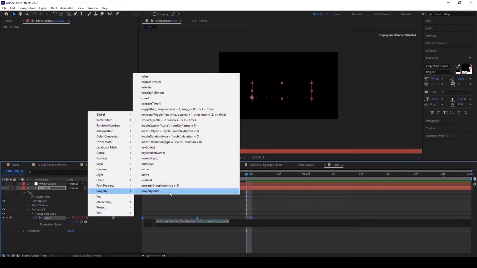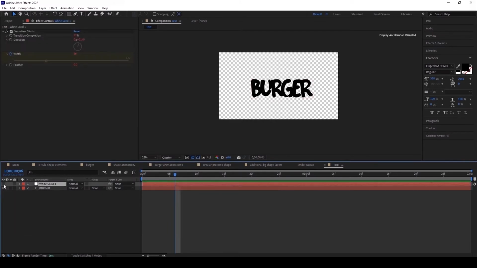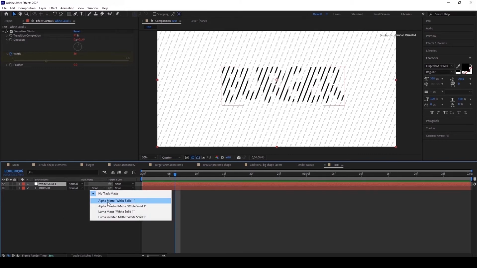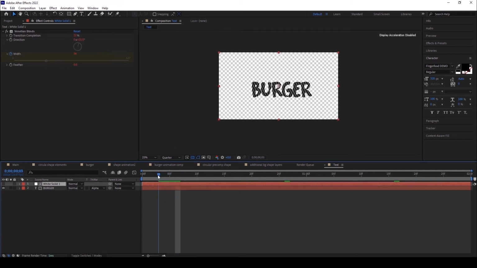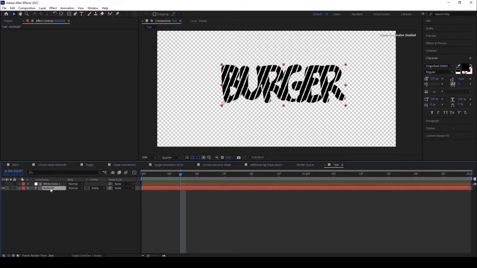I need to give the same expression, loopOut. Alright, now turn on this white solid, and I want this Venetian Blinds to be inserted into this text, so there are some track mattes here. Initially I need to take this, and see, Venetian Blinds is inserted into this text. Alright, now I need to select both of these layers,